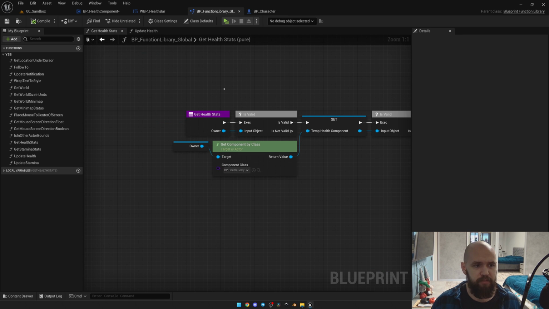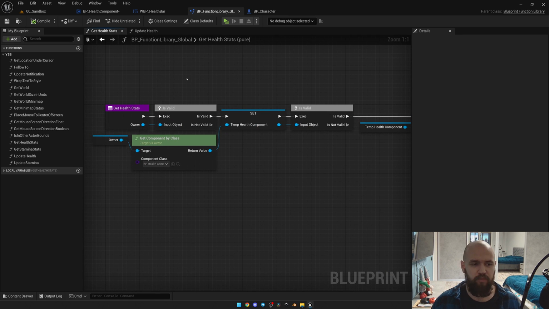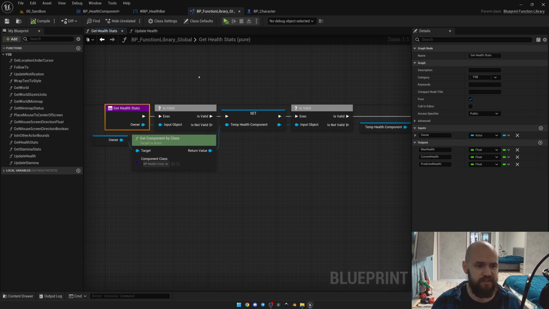The function library. So let's say you have one. You need to implement two functions. If you don't know what the Blueprint function library is, you simply should check the documentation on Epic's website or some of my previous tutorials. So the first function is get health stats. We need to provide the actor, because it might not be our character but maybe our enemy, and so this one